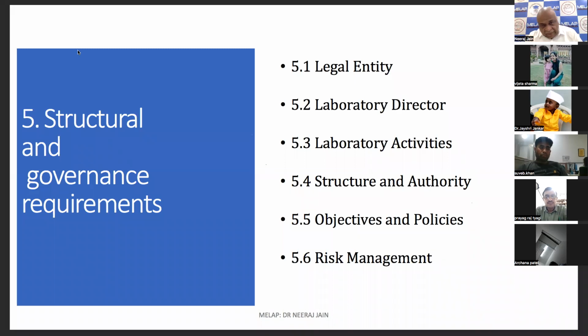Legal entity is same. Now in the previous standard, it was defining the contents of the duties of lab directors. Now they're not defining, they are saying the lab director shall have delegated authority. Delegated authority means you shall have some documentation. What are the authorities of lab directors? Then in 5.2.2, they are talking about documentation of director responsibilities. 5.3, delegation of duties, documentation of delegation of duty.